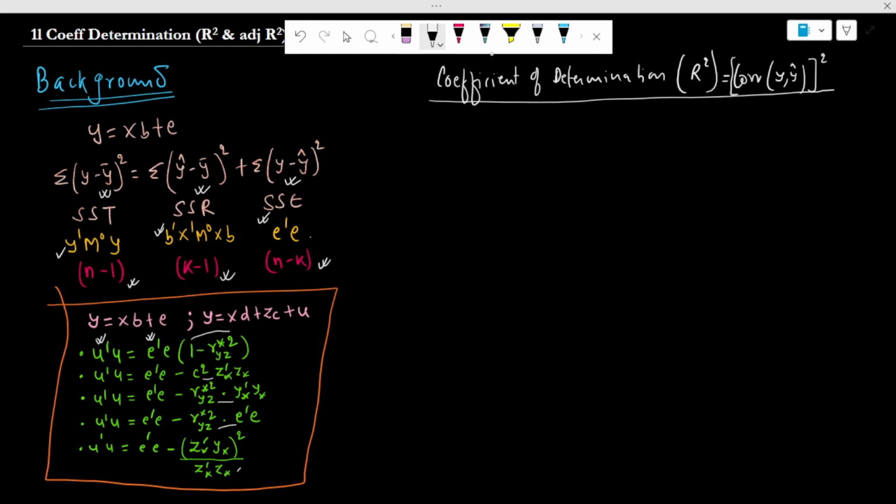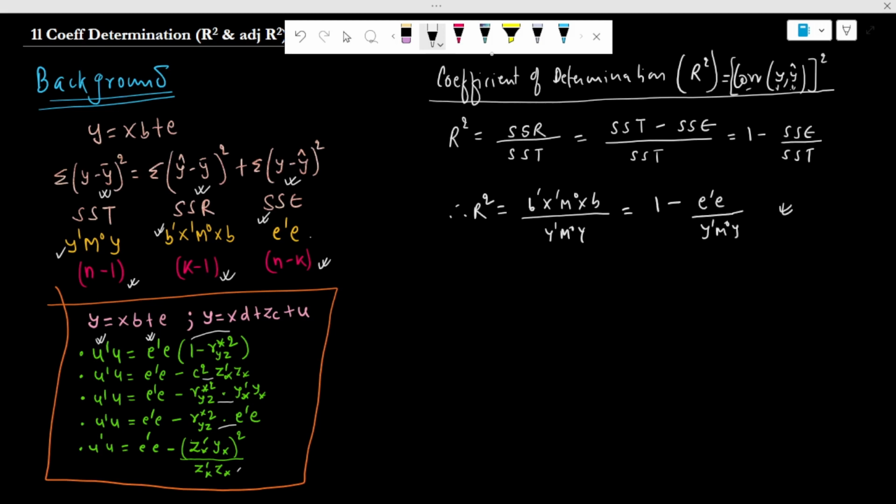the square of the correlation between the dependent variable and the fitted values, and the measure of it is given by the sum of the square of the variation explained by regression divided by the sum of the square of the total variation. The sum of the square of the variation explained by regression can also be written as the sum of the square of total variation minus the sum of the square of the variation that remains unexplained, and this can also be written as 1 minus. And if we substitute their value, the coefficient of determination is given by,